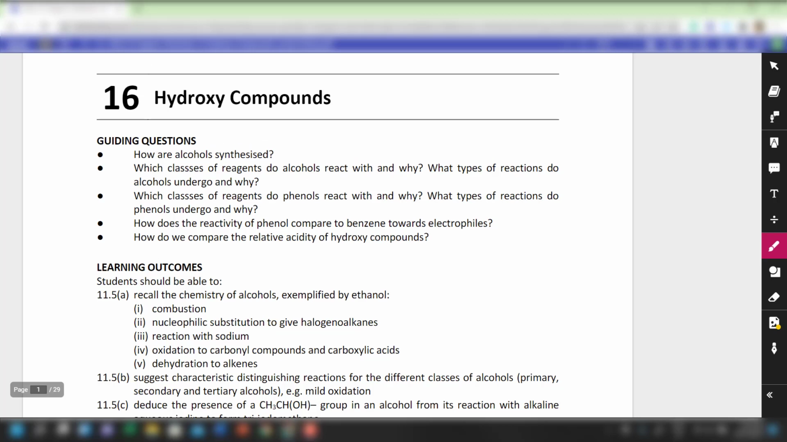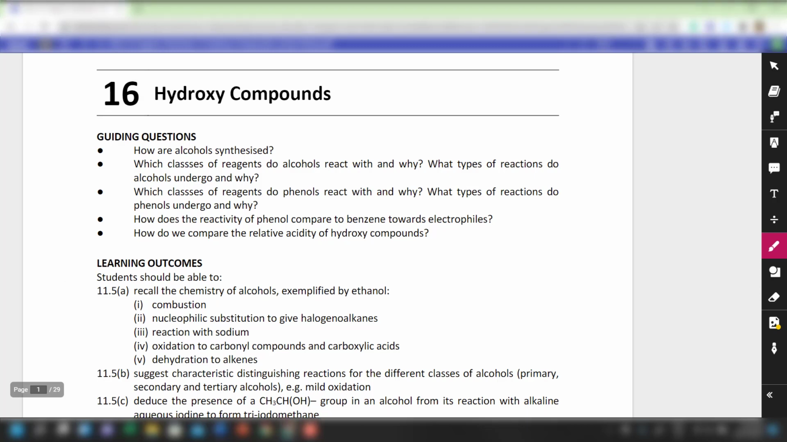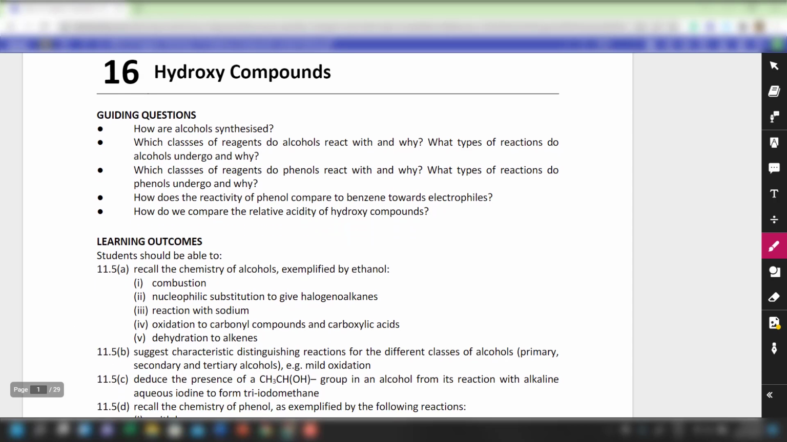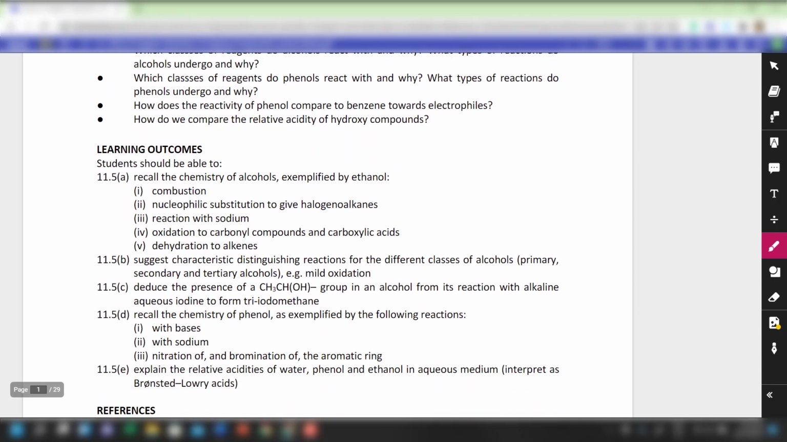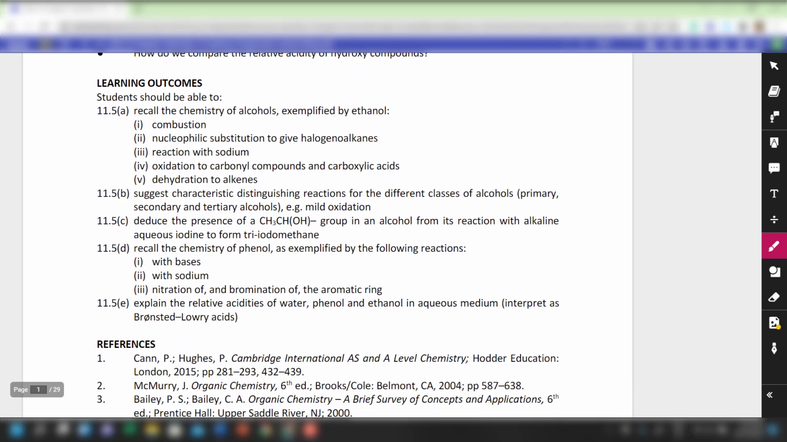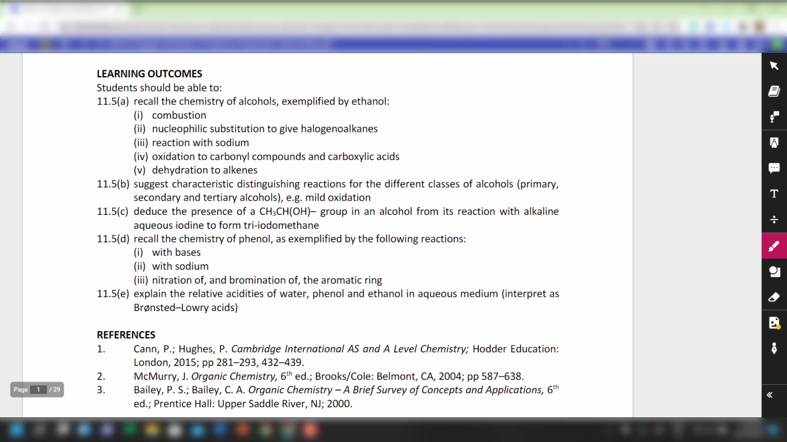Hello students, congratulations for completing chapter 15 on halogen derivatives. It's one of the most difficult and important chapters in H2. So next we are going to move on to chapter 16 on hydroxy compounds. Hydroxy compounds is not a very difficult chapter, except that there are certain things you need to remember, like some